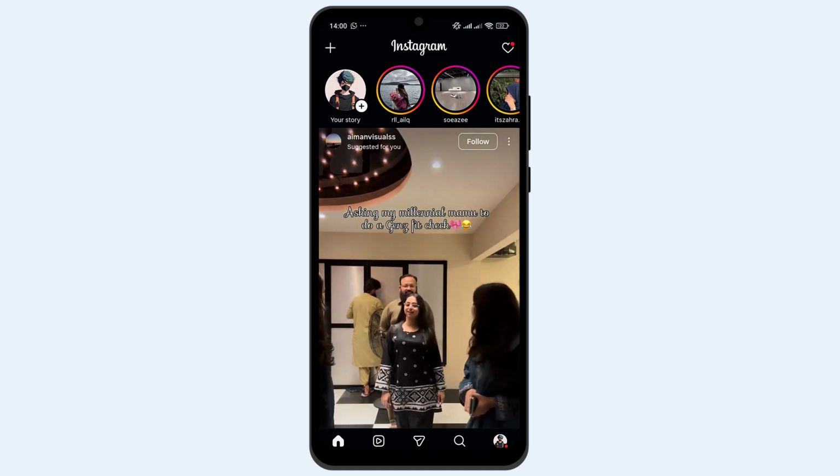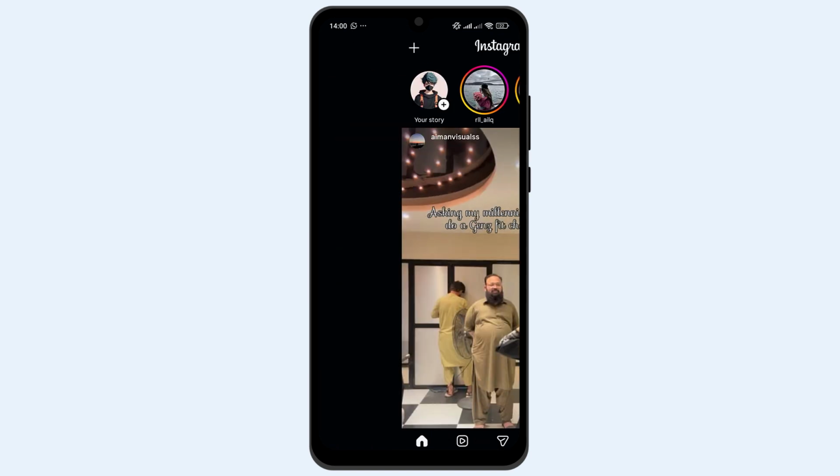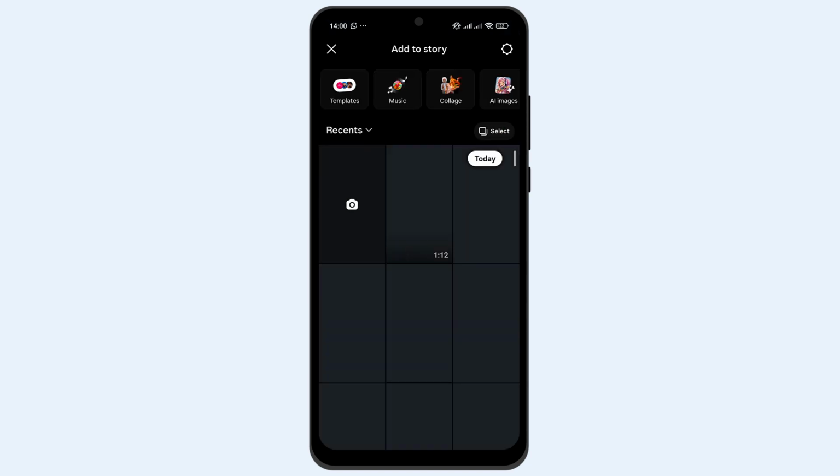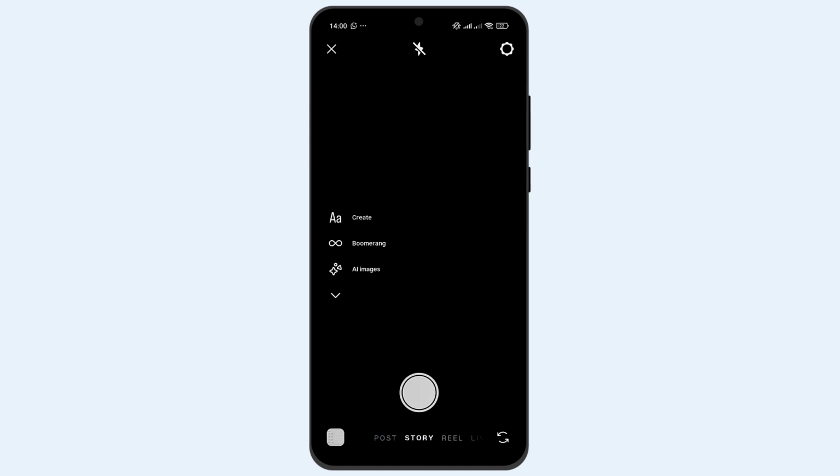Once the app is open, from the top left, tap on your profile story icon and it will open a new page on the screen where you need to select a media file or tap on the camera icon to open it. Once the camera screen appears, tap on boomerang or loop option from the left side